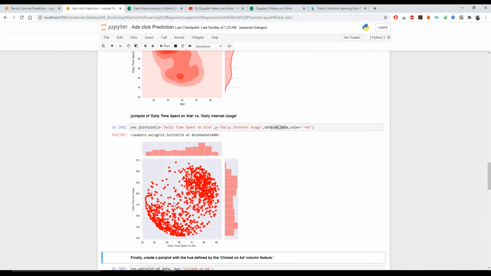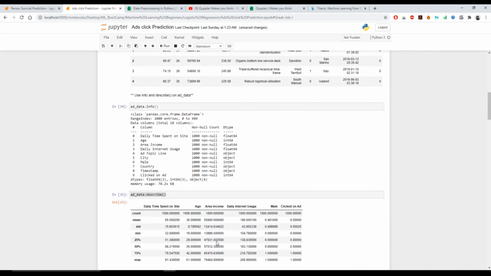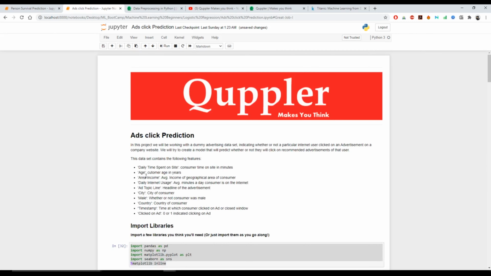You can see it basically formed into two clusters. One cluster says the daily time spent on the site is around 70 to 90. I believe that would be in minutes. Daily time spent on the site, the time in minutes. Yeah, so that is in minutes.